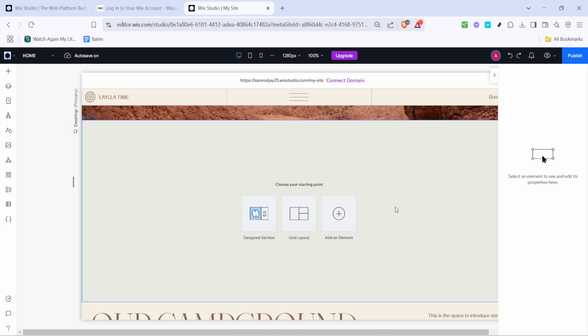Take some time to explore these features and experiment with different layouts and sizes. As you become more comfortable, you'll find that customizing breakpoints becomes second nature, allowing you to concentrate on the creative aspects of web design.